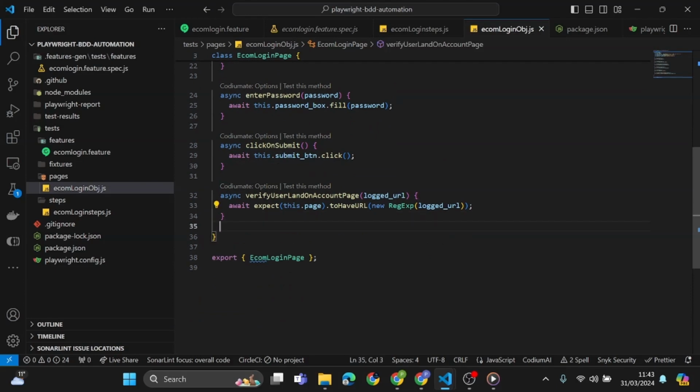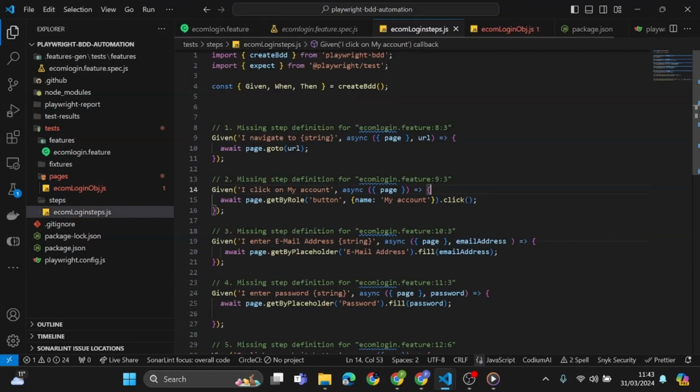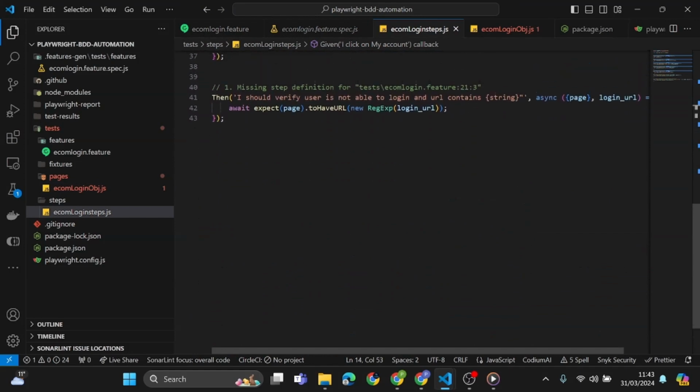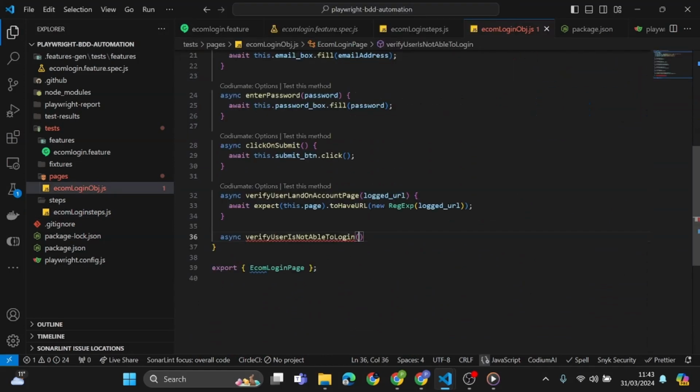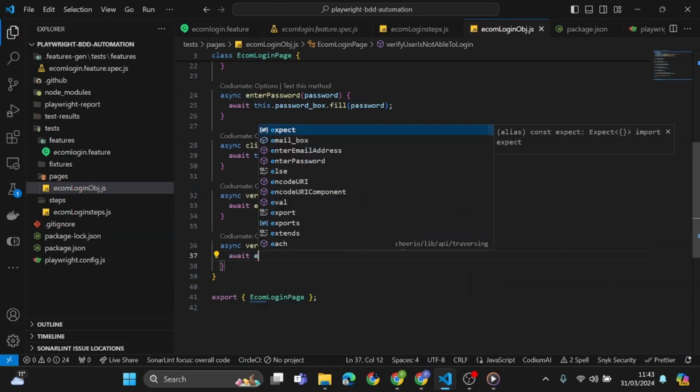And I think I have to give one more method, async verify user is not able to login. Let me just double check in our steps.js that we have this particular one, which is a login URL. So I will say login URL and I will say await expect